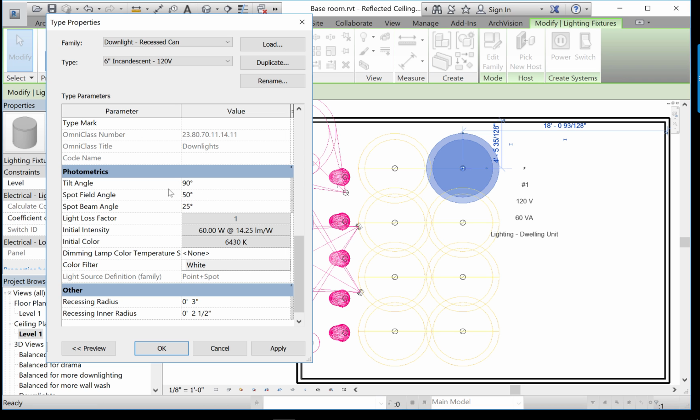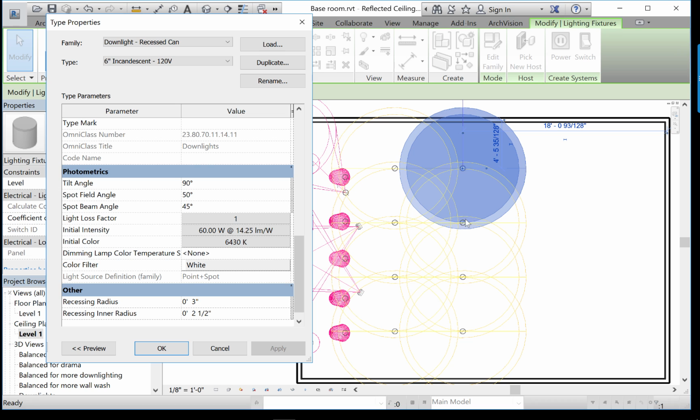I think 50 and 45. Okay. And hit apply here, and what you'll see is that you get a nice overlap. Now, obviously, I have already looked at the geometry of my space to figure out that that angle is going to work for me, and what this should give me is a fairly even illumination on the floor